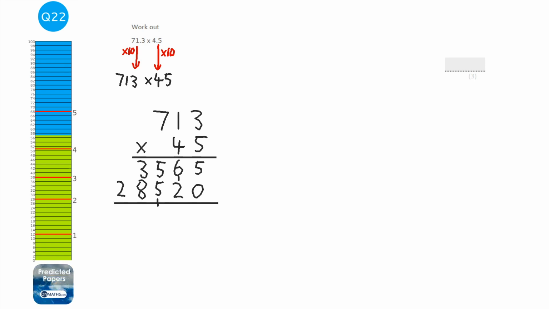Then we're going to add going downwards, so 5, 6 times 2 is 8, 5 times 5 is 10, so it would be 8 plus 3, which is 11, plus the 1 is 12, and then 2 plus the 1 we carried, which is 3. So this is going to equal